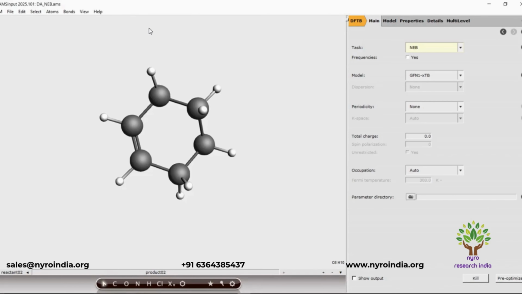I'm Srijit here. In this session, I'm focusing on the applications of NEB, or the nudged elastic band method, which is one of the computational techniques used to find the minimum energy path, or MEP, between two known states of the system, like the reactant and product of a chemical reaction. The highest energy point along this path is the transition state, which is crucial for determining the activation energy